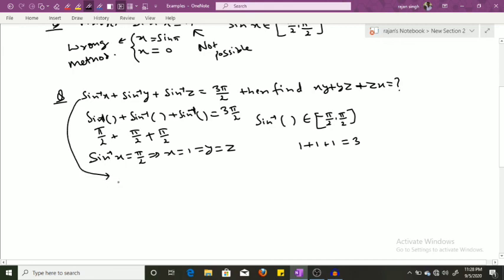See, that's the problem given. There is one more way to write this problem. What was that? Sine inverse x plus sine inverse y plus sine inverse z can also be given as minus 3 pi by 2, right? Minus 3 pi by 2 given means every term has what value? Minus pi by 2. Means they should give their minimum value to get minus 3 pi by 2.